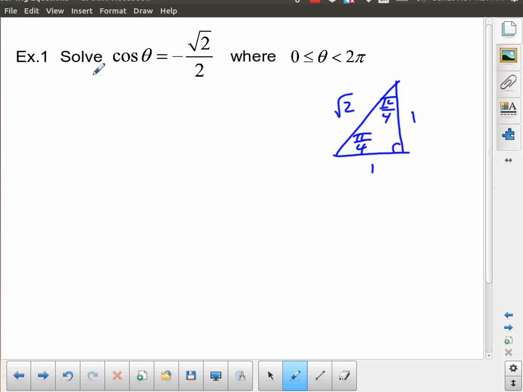So the first thing I'm going to do is find my related acute angle. The cosine of the related acute angle is the same as the cosine of the angle in question, except we always get rid of the negative. We only use the positive. So this is going to be the same as root 2 over 2,